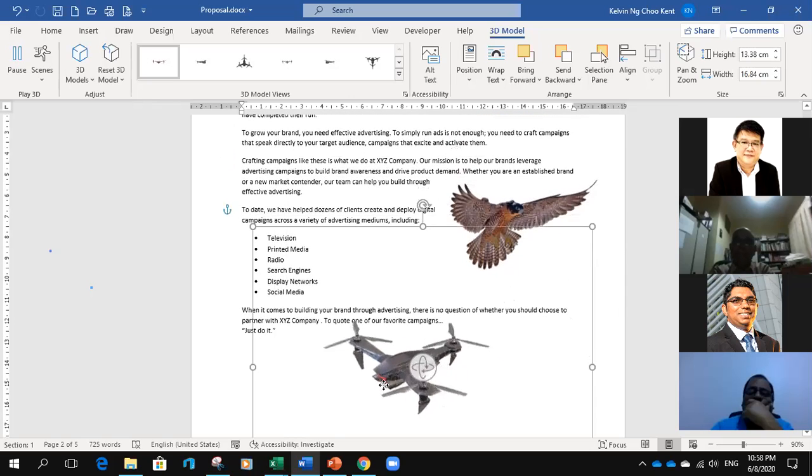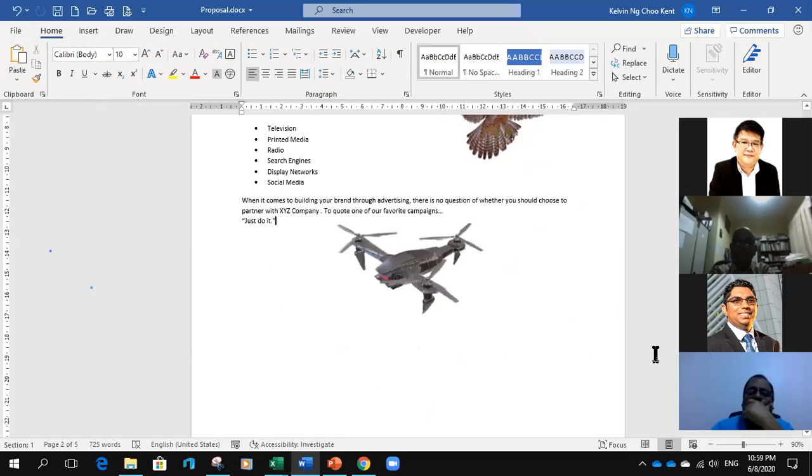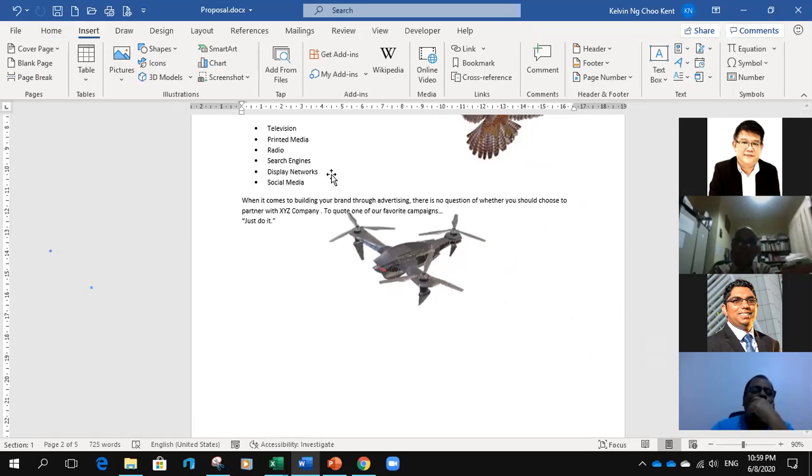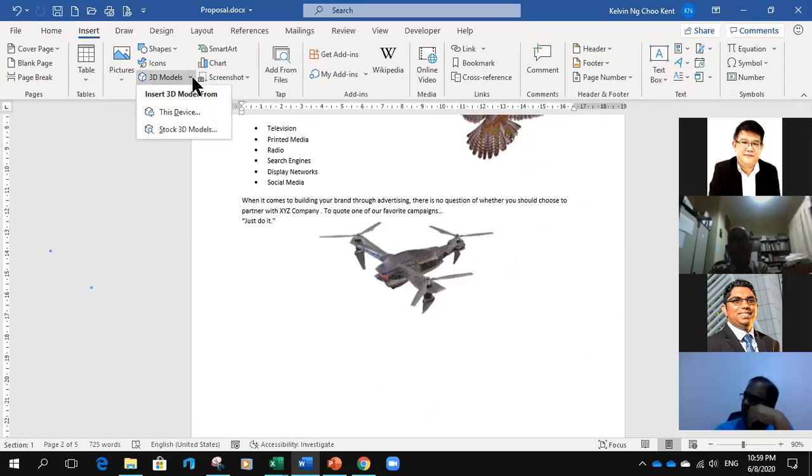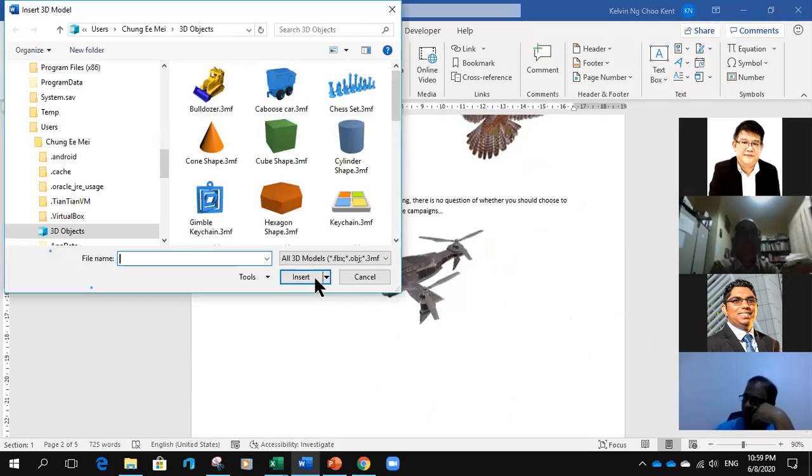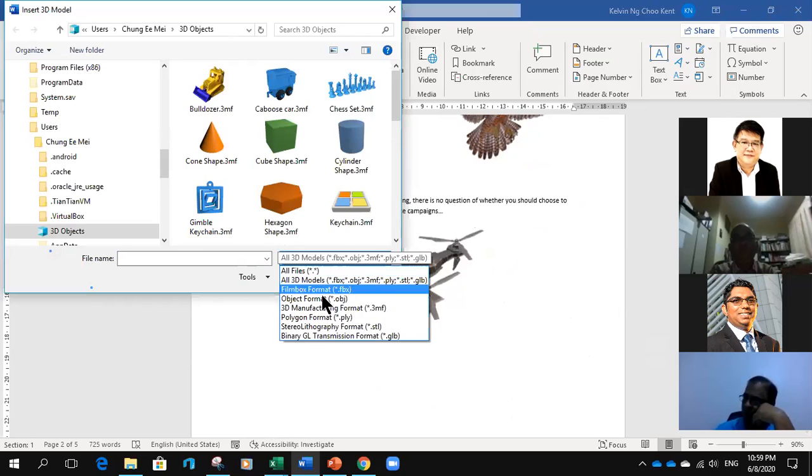You can do that. So now in Microsoft Word, it's not just a still image. You can put in animation. They call it a 3D model. If you know how to craft a 3D model, you may need to turn it into formats like the polygon format, the stereolithography format, the object format (OBJ), or the 3MF format. These are the models that you can put into your Word document here.